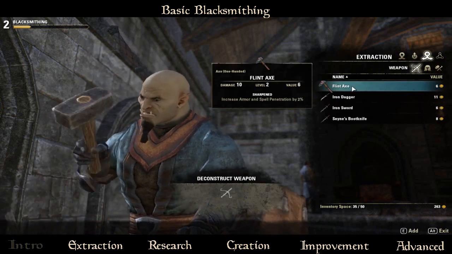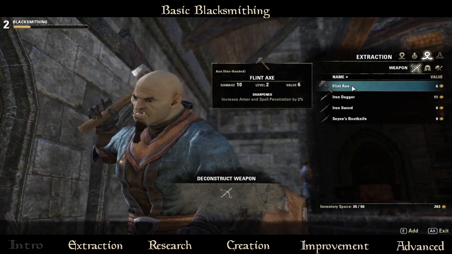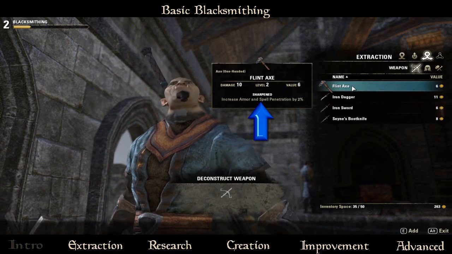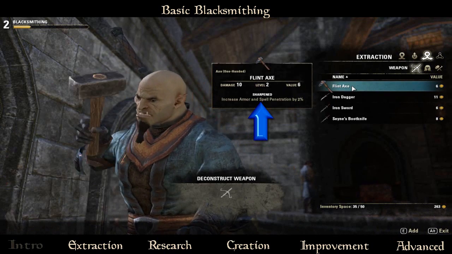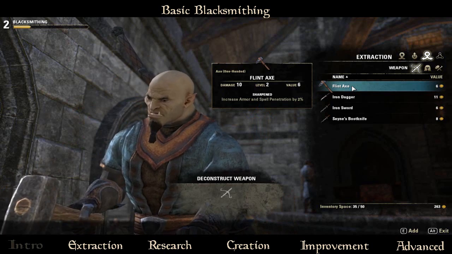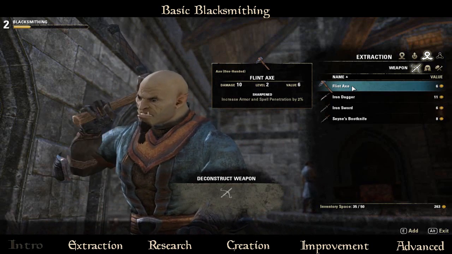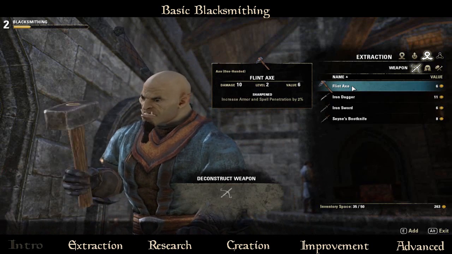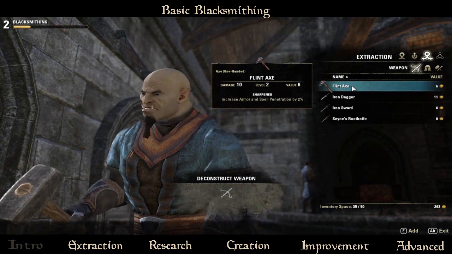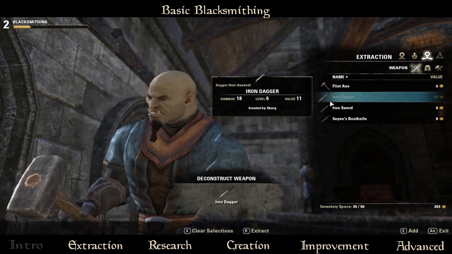Now, flint axe, I've got you in my sights for breaking down into component parts, but something just popped up, and this is important to note. This flint axe has a trait on it called sharpened. Increases armor and spell penetration by 2%. Now, I can research that trait and gain the ability to place it on new axes that I craft. Research is a long and cumbersome process, and it's always a good idea to start it early. So I'm going to go ahead and skip that flint axe and go over and double click on the iron